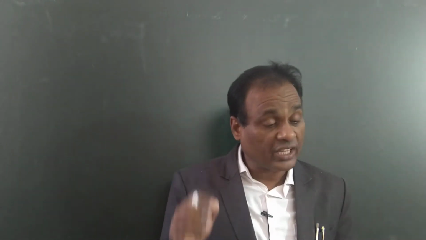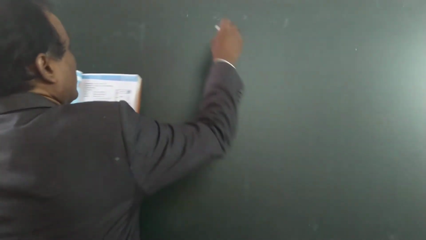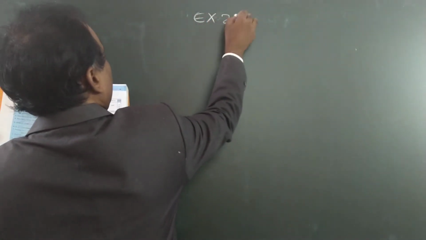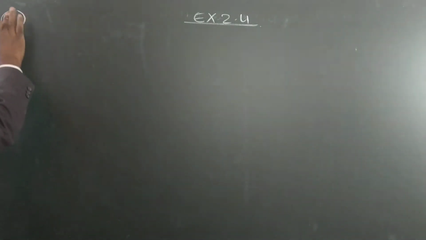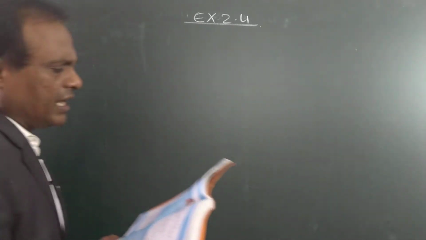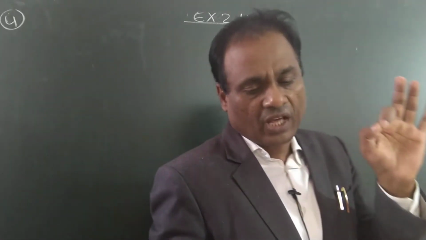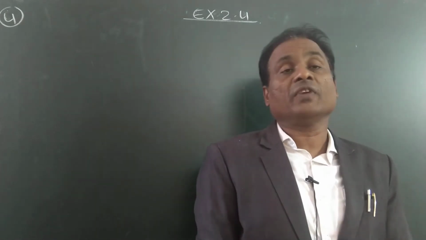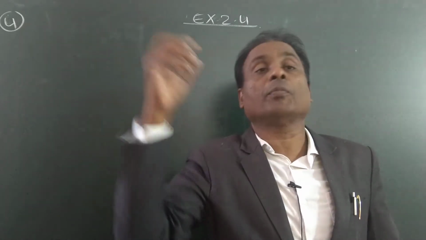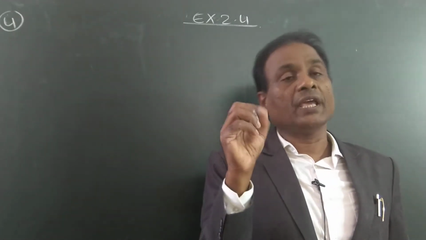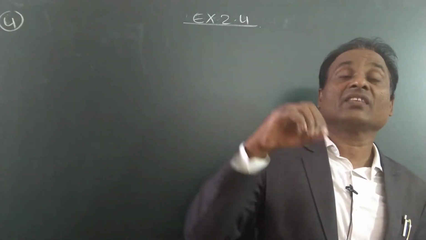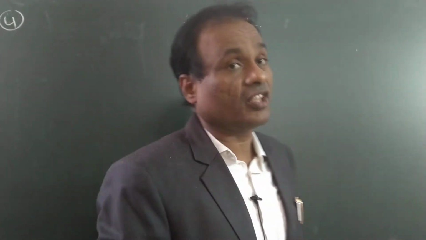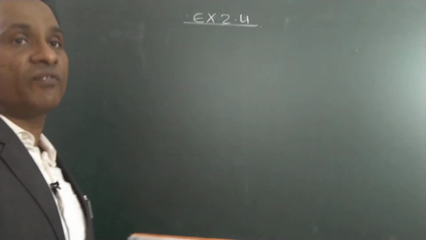In this exercise 2.4, out of 5 exercises, we completed the third bit. Write down the fourth one, same model, no difference. The complete exercise is based on the factor theorem. If x minus a is a factor of a polynomial, then p of a is equal to 0. Suppose a polynomial is p of x, and x minus a is its factor, it means the remainder should be 0. If the remainder is 0, then it is called a factor.